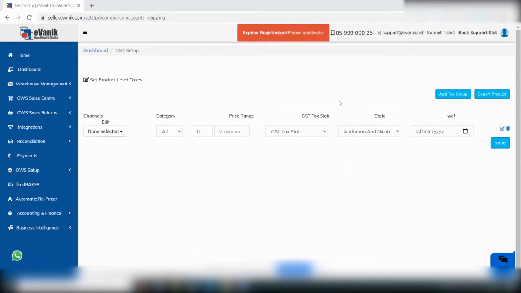In this video, we're going to talk about how to map your products and the GST rates for perfect accounting integration with your Tally Prime or any other accounting software. Once you've integrated your channels, you'll get all product information directly from marketplaces and your other online channels on eVanik. Now, it's important for you to map your products with the correct GST groups so that your accounting entries are